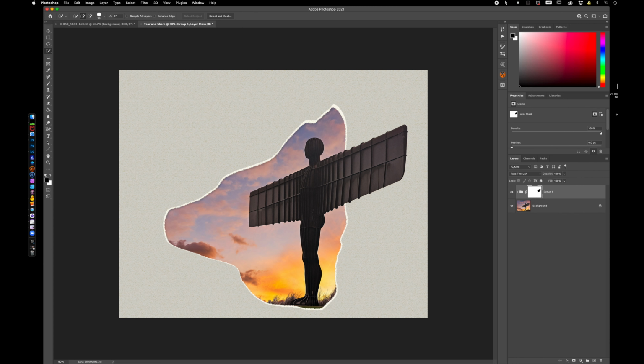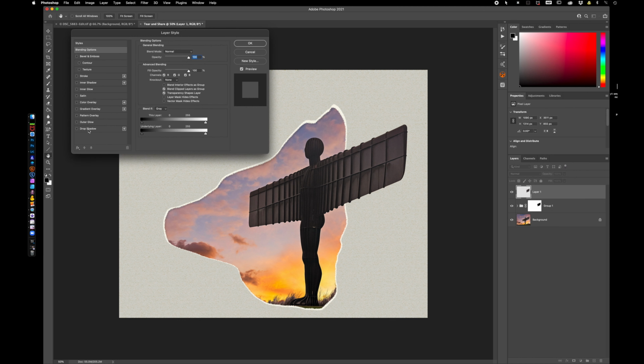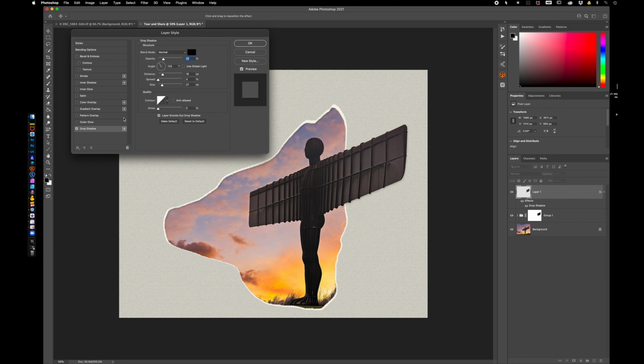All it remains for us to do now is add a drop shadow around the wing. There are several ways to do that, but what I'm going to do is reselect part of the wing, just so it's there. Control J, stick it on top, double click, add a drop shadow, make it a little bit more prevalent. There we go, something like that,